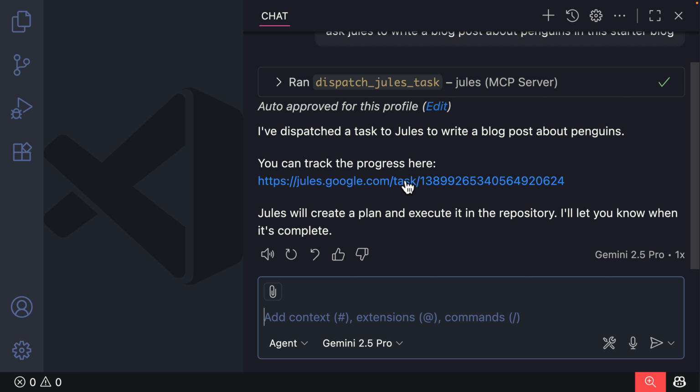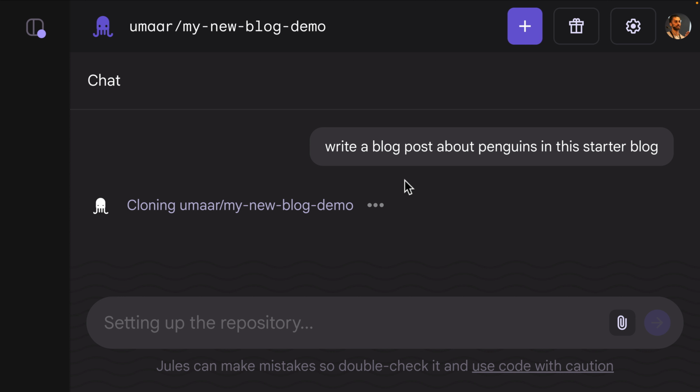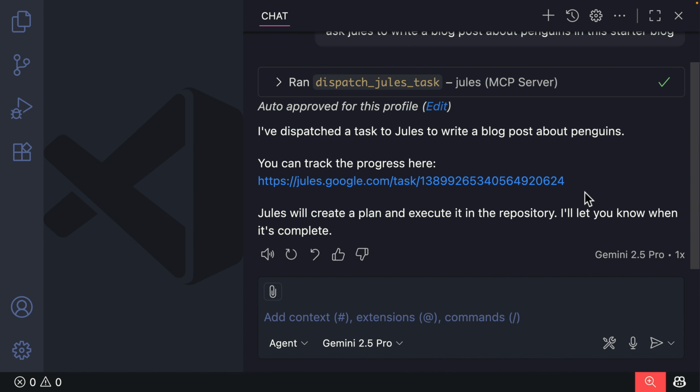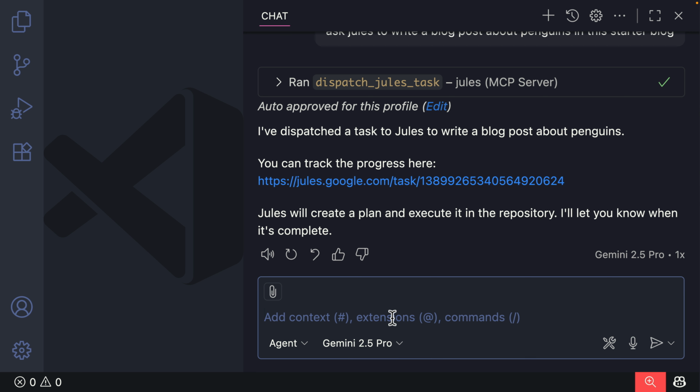Straight away, it gives me a task URL, which I can command click, and that opens up in my browser and indeed write a blog post about penguins in the starter blog. That works pretty nicely, but because this conversation I'm having with Copilot Chat has history, I can now just say,